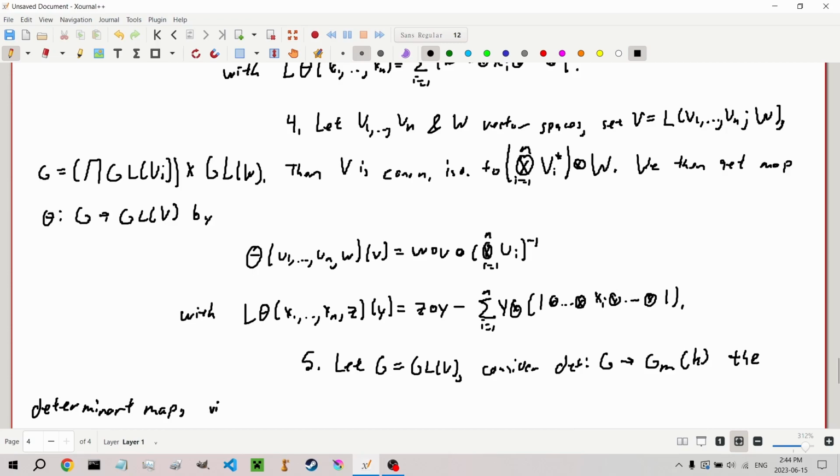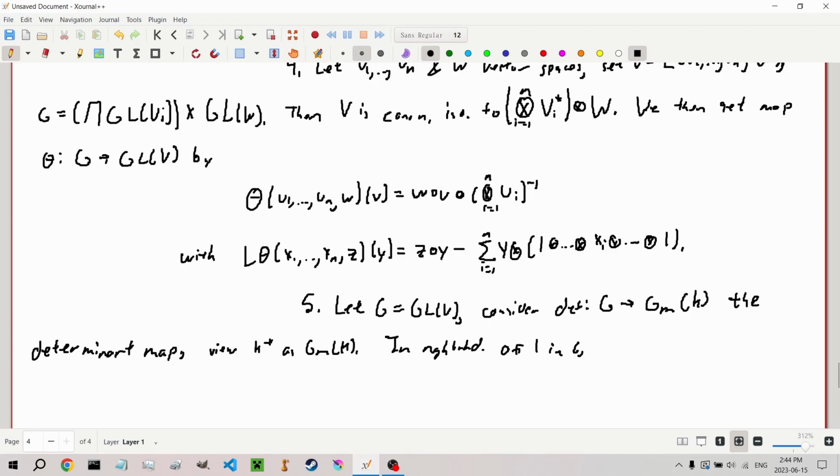And review K star as GL1 of K, in a neighborhood of 1 in G,